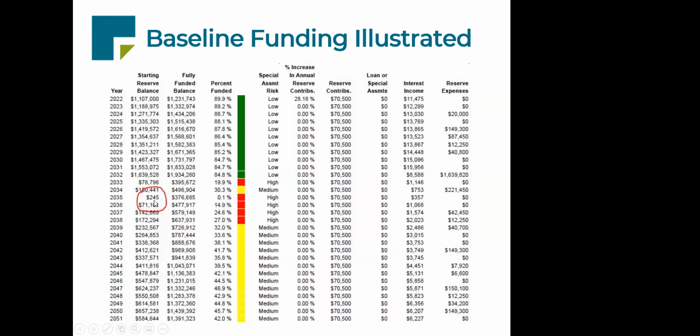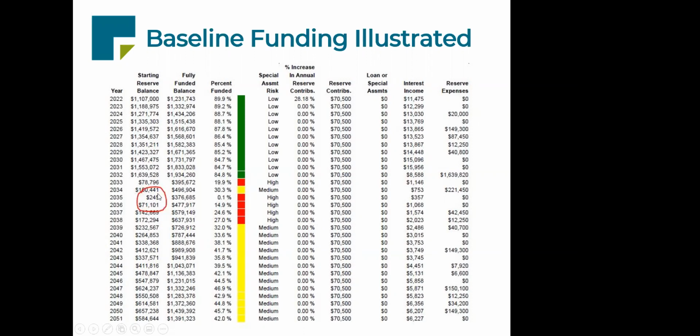We're allowing the community to get down very low, only a couple $100 in the bank. But again, the state would say this is sufficient, okay? Now there's an obvious problem here. In the course of about 12, 13 years, they're going from a position of strength, very low risk of special assessments, but whittling down this account balance, still paying the bills, but totally eating into that cushion that they had,